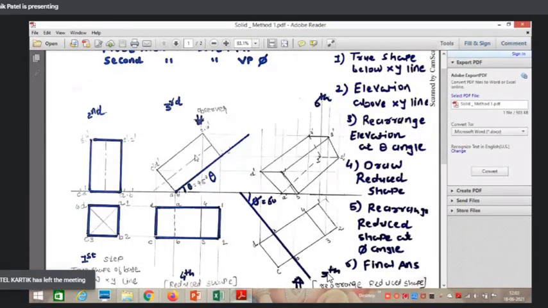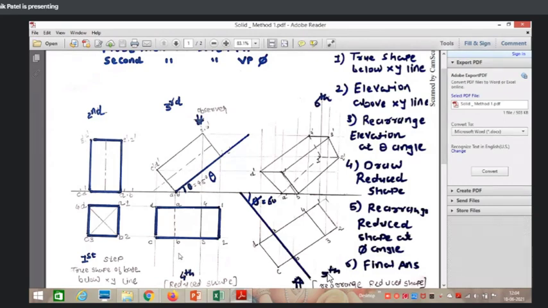But which sides can you not see? If I observe the object from the top, the bottom portions I cannot see. So what will I do here? A dash, B dash, I will represent as a dotted line here. When you observe the object from the top, points which are far away from the observer are always represented by hidden lines.